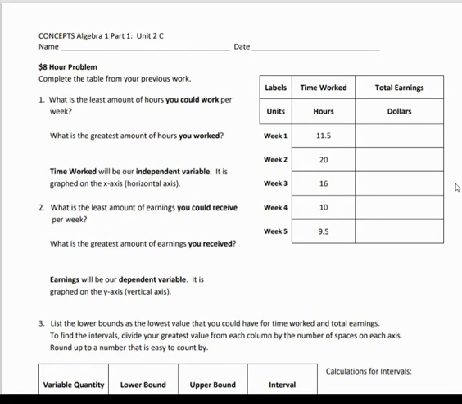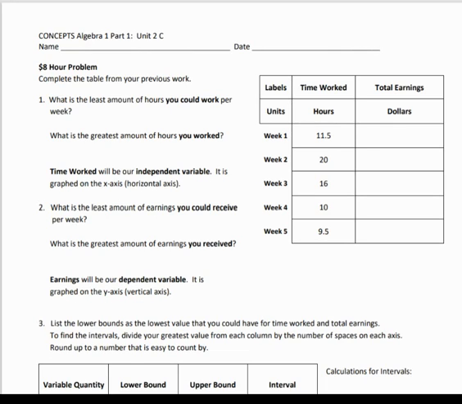So today we are going to do worksheet 2C. This is still relating to what we worked on yesterday with the $8 an hour problem, okay? So the first thing that we need to do is complete this table based upon yesterday's work,